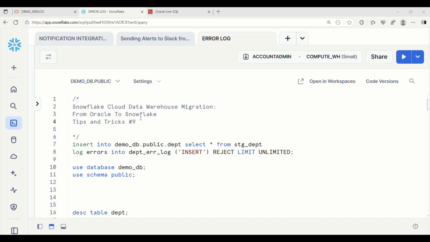As part of this demo, here is the command which we need to migrate from Oracle to Snowflake. Insert into, and I just renamed the database name and schema name, department. Select star from stage table. The stage table is also present in the same demo DB